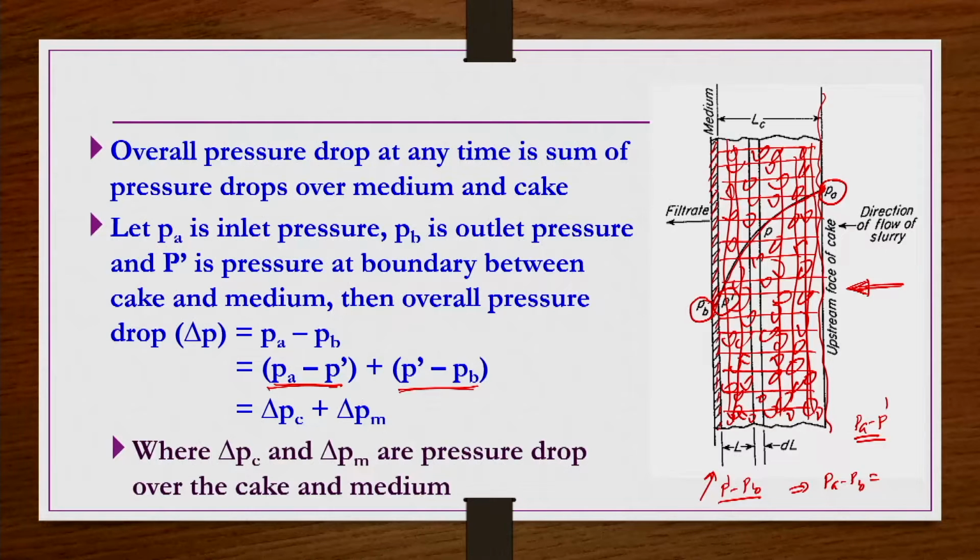Now you want to calculate the pressure drop through the filter cake, because this cake behaves almost like a packed bed, and for packed beds you have pressure drop equations. So one way or another you can make use of the flow through packed beds, use that pressure drop equation, and modify it for the current problem, where cake formation is occurring and the cake thickness gradually increases, because of which the pressure drop gradually increases. That is what we are going to do now.